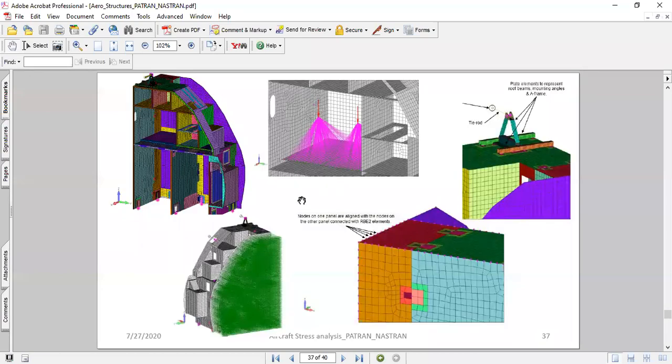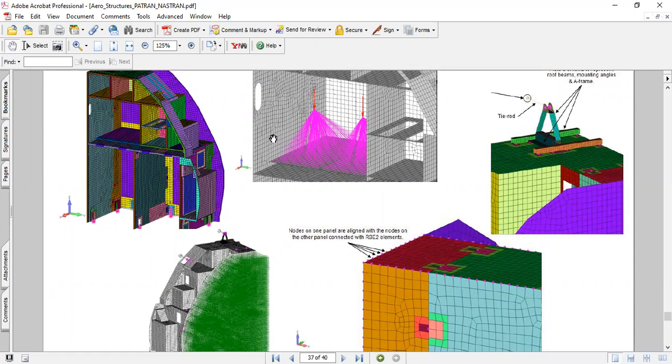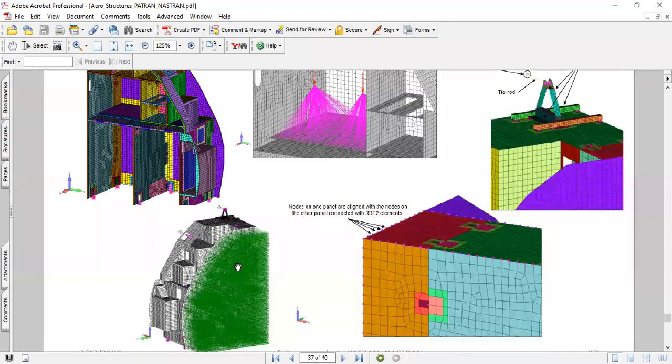What I'm showing here is the typical finite element model which I have developed, and what is over here is the typical compartment loading. For the down case, I have applied the compartment loading. For each load case, there will be a different spider element. This is an RBE3 rigid spider element that is used for distributing the loads for the compartments. And over here I have applied the pressure loads from the rapid decompression load case. For this task, I was running the analysis for nearly 96 load cases, a combination of mainly inertial